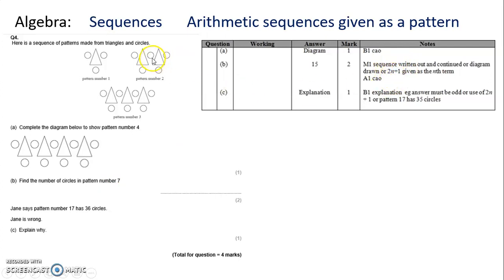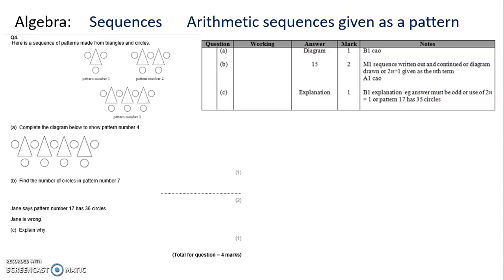Or you can do that from the diagram, because we've got this extra circle here, and every time we've got 2. So 2 lots of 2, 3 lots of 2, 4 lots of 2, add this extra 1. So 2n add 1. So that means we need to do 2 times 7, which is 14, add 1, which gives us 15. You can also get the answer for this by just continuing to write out the sequence in numbers or the pattern drawn out, but it's going to take you a while to do that,